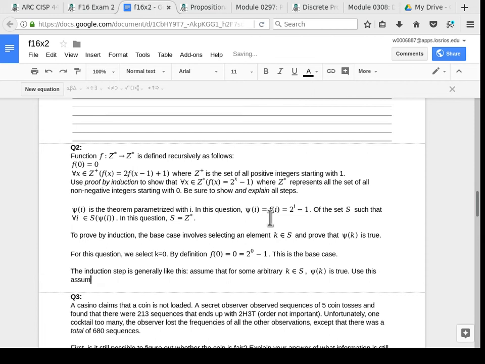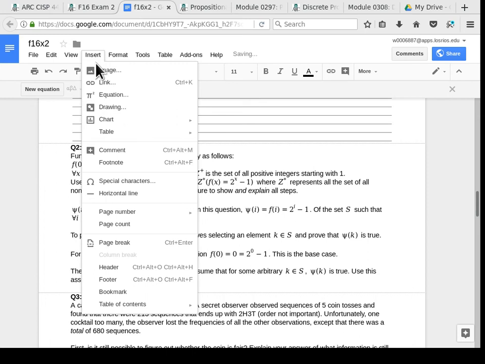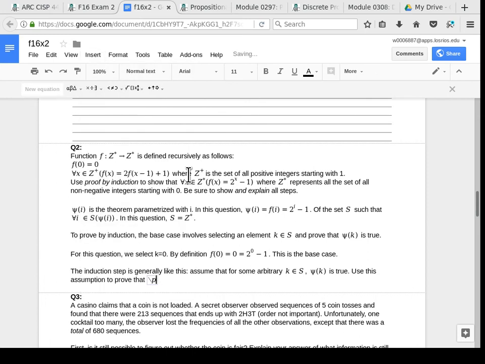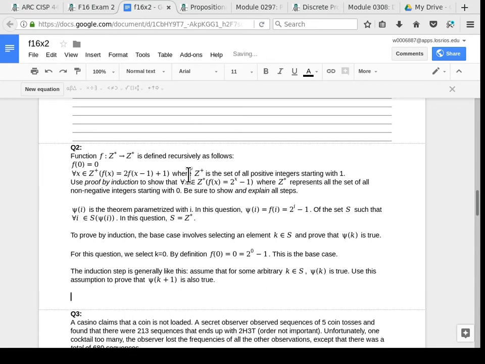Use this assumption to prove that psi of k plus 1 is also true. Whether it's k plus 1 or k minus 1 depends on what we are trying to prove, whether we need to go forward to larger numbers or backwards to more negative values. But the idea is the same: we make an assumption and then, using this assumption, we ask whether we can prove that the next step is also true. So for this particular question,